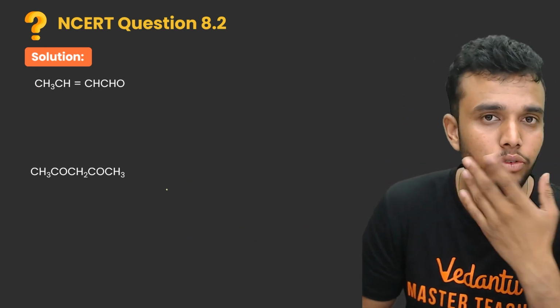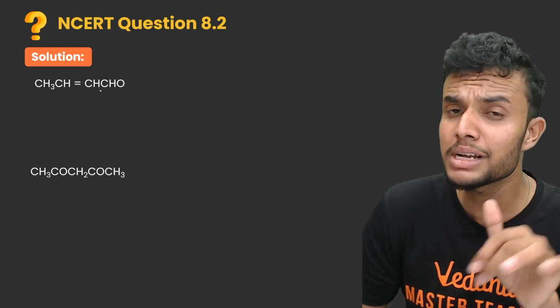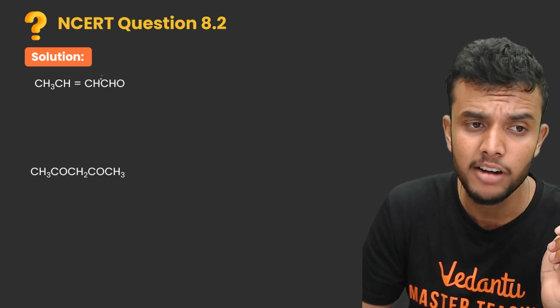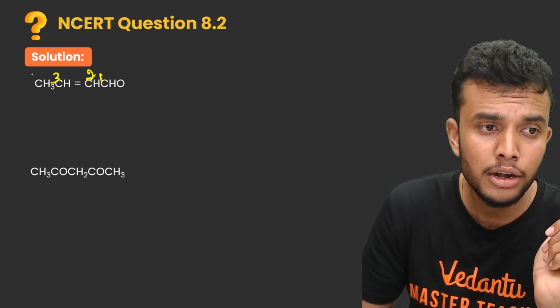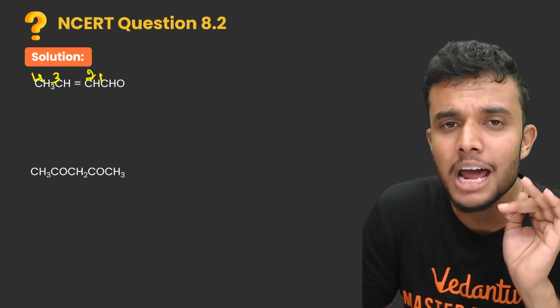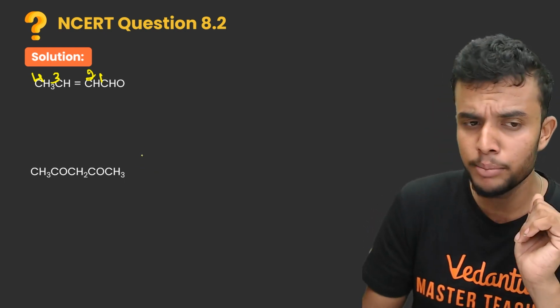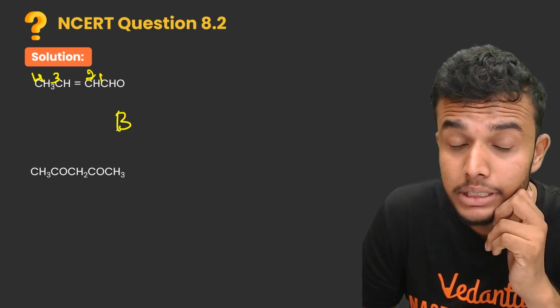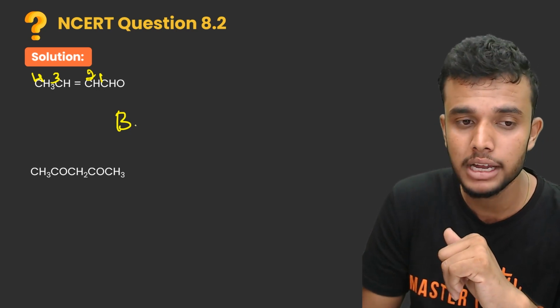Let's move on to the third compound. In the third compound, it is very easy. The functional group is present on the right side. That's why the numbering takes place from the right side. 1, 2, 3, 4. There are totally 4 carbon atoms present. 4 carbon atoms is nothing but butane, right? But here a double bond is present. The double bond is present at second position. That's why the name becomes